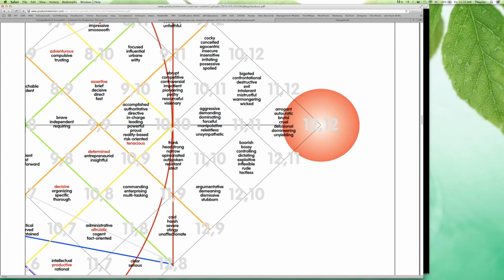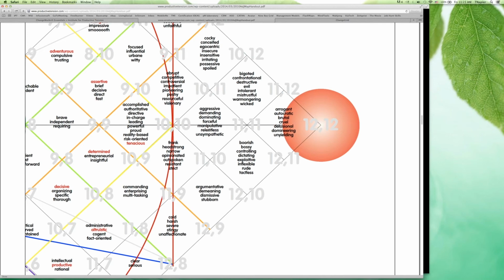And so, yeah, we want you to have enough concrete understanding of the change grid so that you can use these sorts of reference tools to help you get a good deal of the way to those insights and understanding. But ultimately, you are the one that is engaging this person in dialogue, and you are picking up on the energy that they are giving off around this. And so you're hearing a lot more than words. You're picking up all sorts of subtleties and nuances, nonverbals in their overall communication.